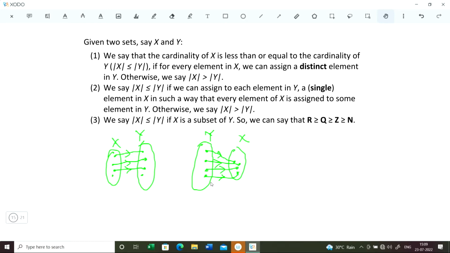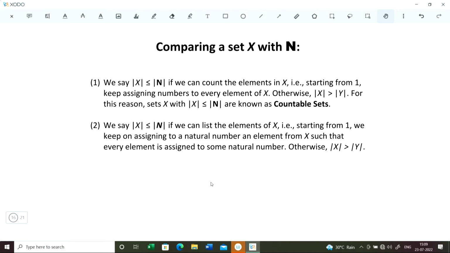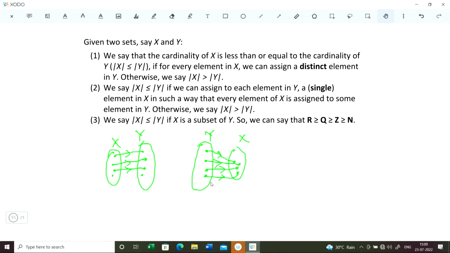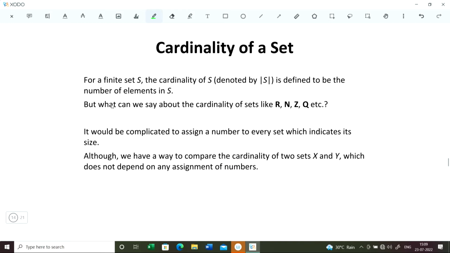Now to give you a better grip on these 3 points, let's see what happens when we put one set to be n, or to be precise, when we put our y to be n. Now the first statement in the next slide is similar to the first statement here,